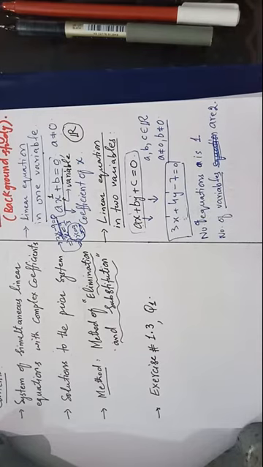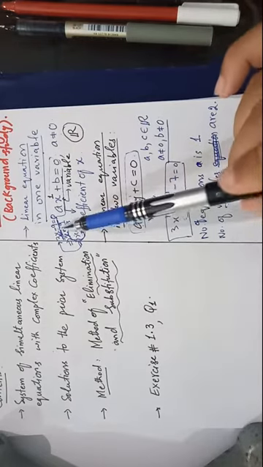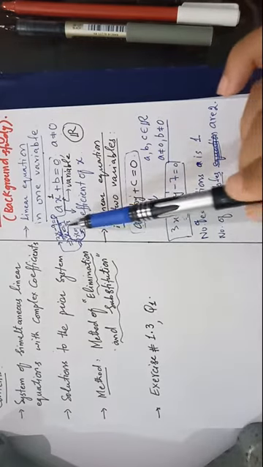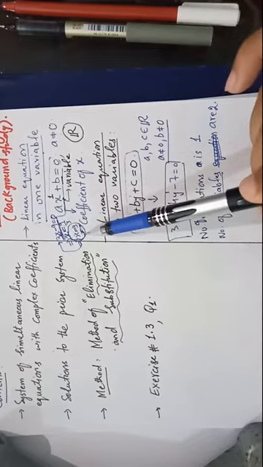We cannot find a single value of x and a single value of y which satisfies this equation, because the number of equations is 1 and the number of variables is 2. So in this case, a unique solution is not possible. How can we find the solution when the number of equations is less than the number of variables? There is a technique, but up to now we know the procedure that when the number of equations is equal to the number of variables, we can get a unique solution.